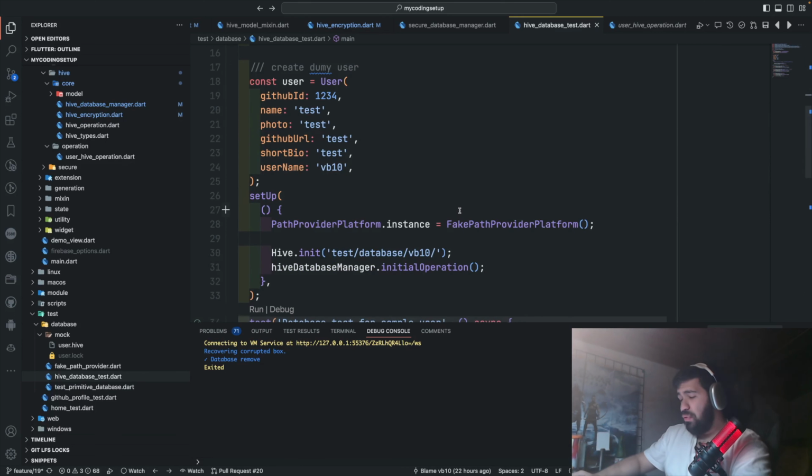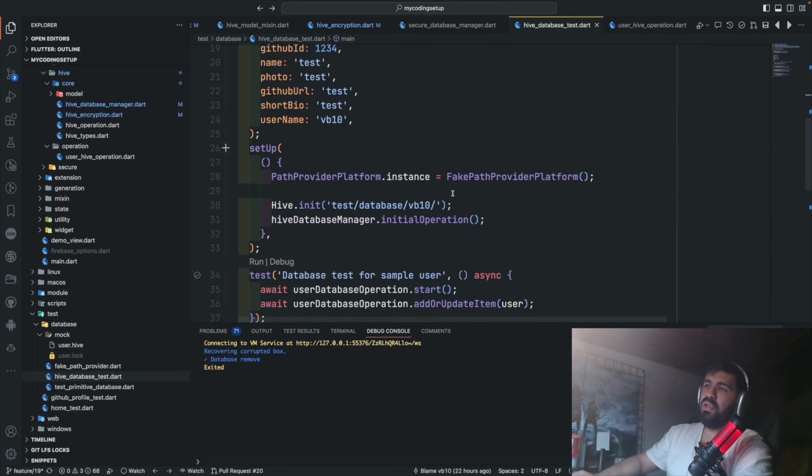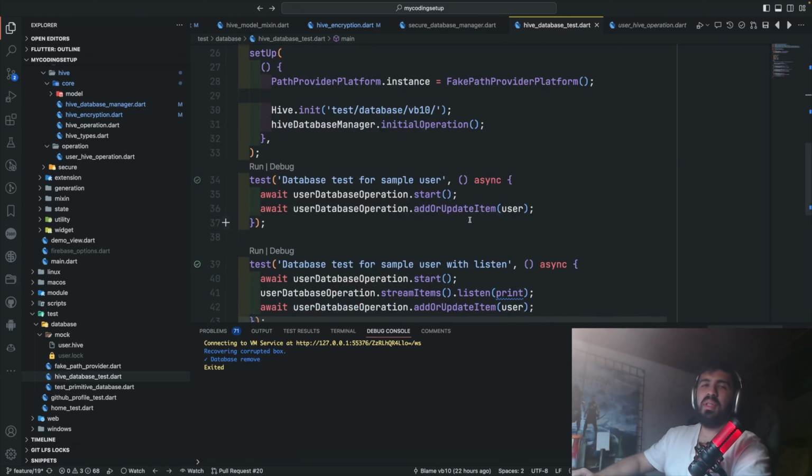Maybe if you don't use, or if you don't know the Hive solution or Hive database in your project, maybe you can't understand, or you can't create your structural solution in your mind. But my advice is you should copy this project locally. You should try this code, and after that maybe you will understand what I'm doing. It's getting some power, or some